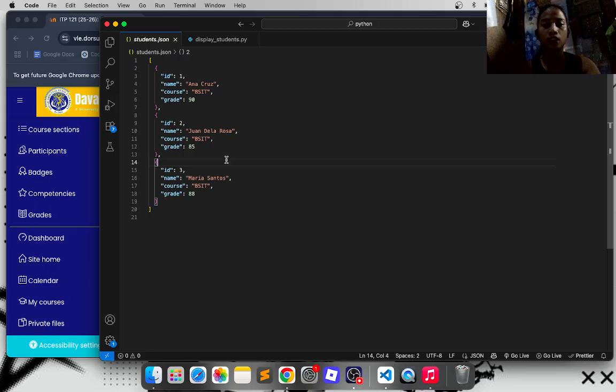Another issue is data transformation. For example, some systems may store numbers as strings, while others expect numeric values. This requires converting or cleaning the data before it can be used.